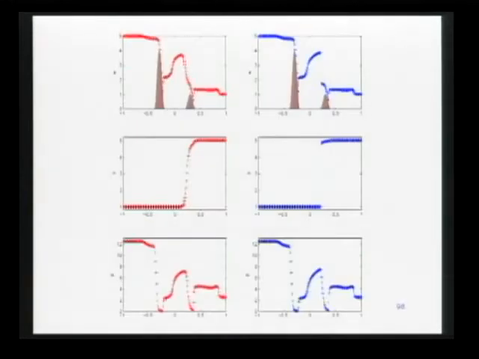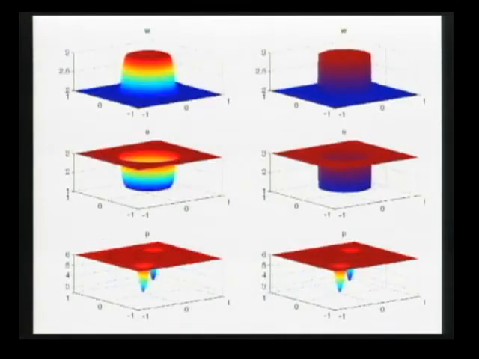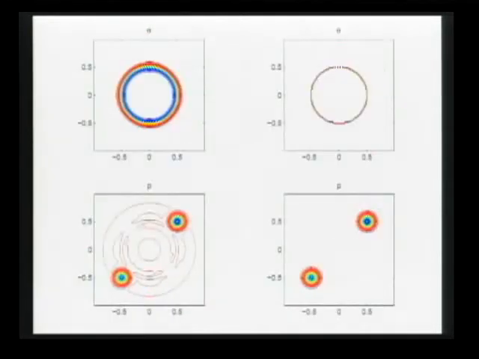This is a dam break over a non-flat bottom. It's the same thing, and at the end I'll show you some 2D results. Here it's a steady state. That's the structure of the bottom topography. You see here, once again, if the method does not